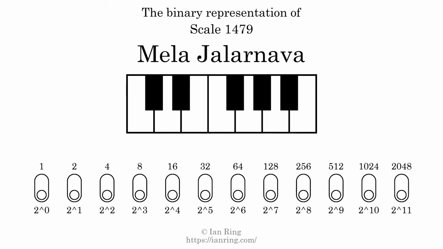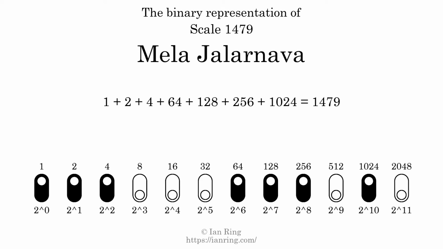The binary representation of this scale is determined by mapping tones of the scale to binary digits. Each binary digit represents a power of 2. To get the scale number, we add the powers of 2 together. The powers of 2 that are present in the scale, all added together, equals 1479. That is why the scale number, in decimal, is